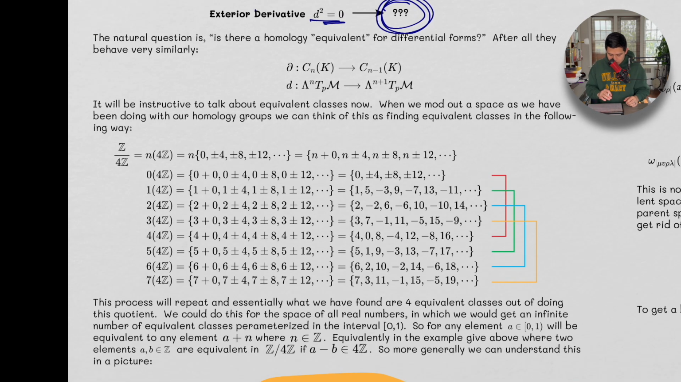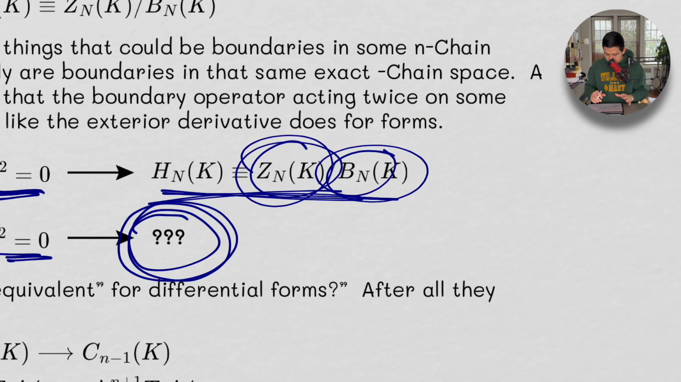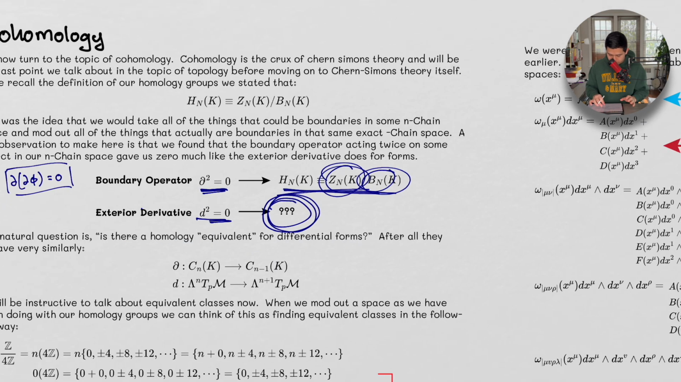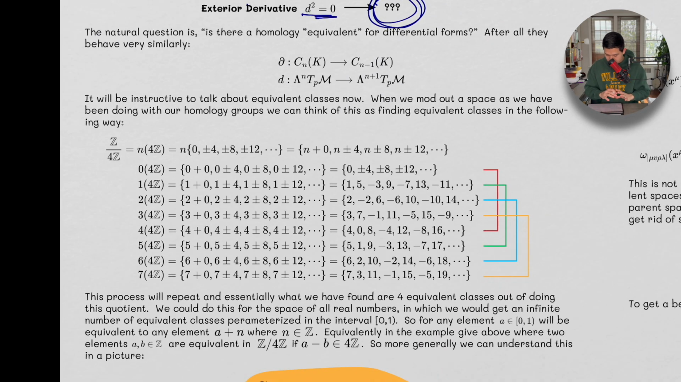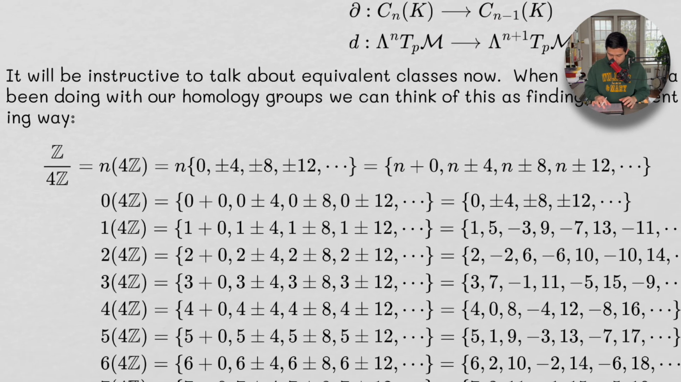So it's going to be instructive now to talk about equivalence classes, because what we're going to see here is that when you mod out something in some space, by the dictates of this thing, you're going to find equivalence classes in there. So let's go ahead and do that. We're going to do a rote example here. We're going to take Z, the space of all integers, and we're going to mod out 4Z. And the way we're going to do that is we're going to say,